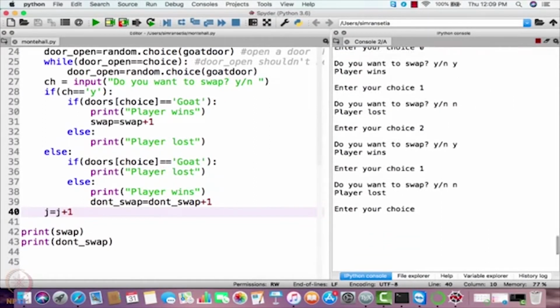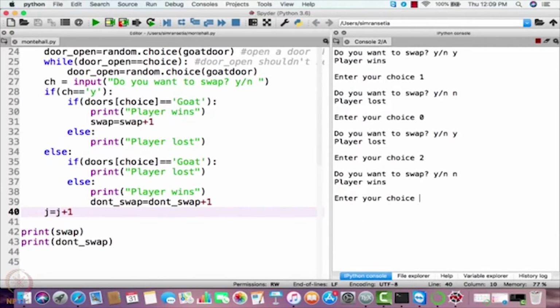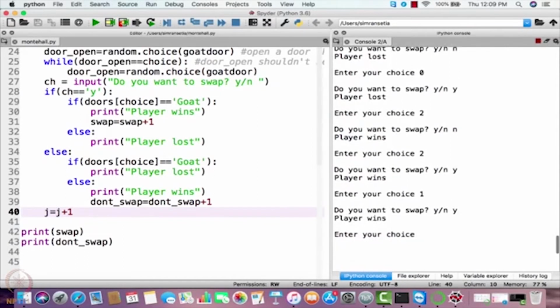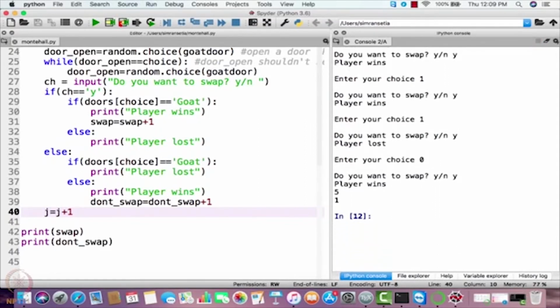No. 0. Swap? Yes. 2. Swap? No. 2. Swap? Yes. 1. Swap? Yes. 1. Swap? Yes. 0. Swap? Yes. So here number of swap wins, as you can see, is 5 and number of don't swap wins is 1.